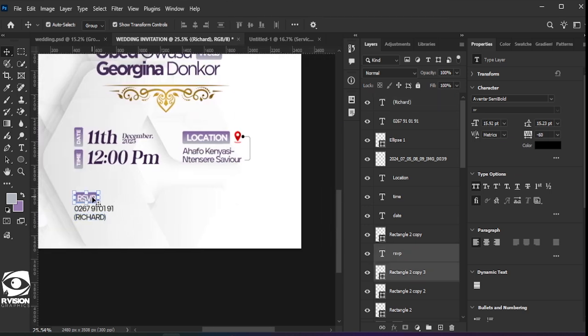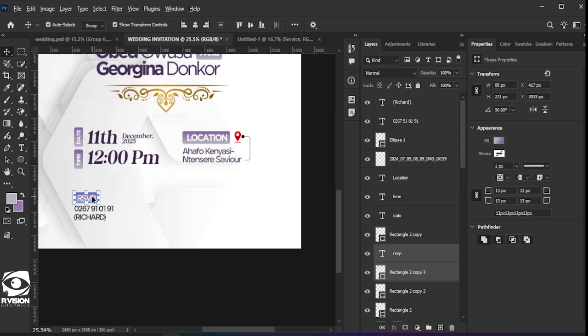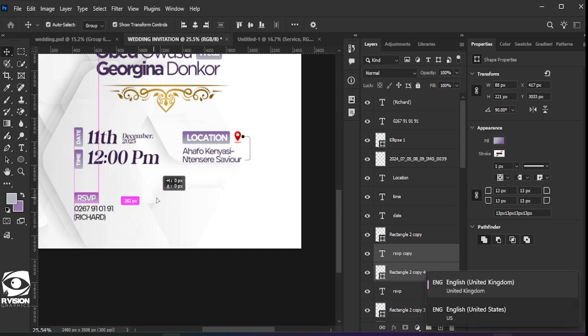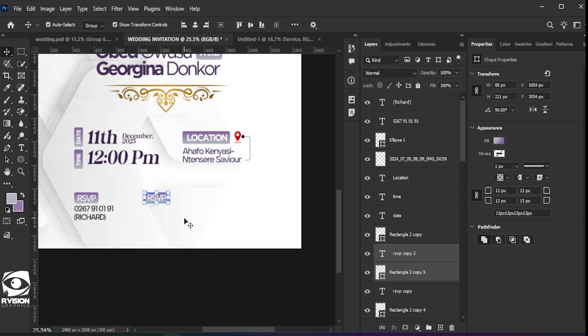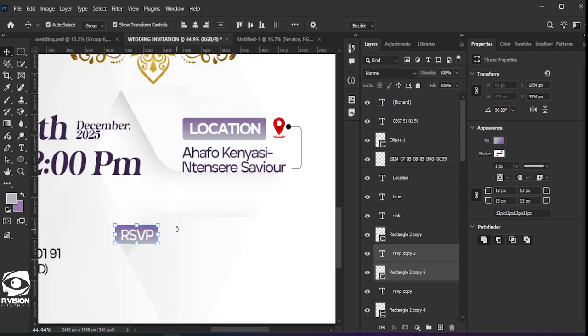So I select both of these. I press on Alt, the arrow changes, and I drag it. So once I'm dragging it and I want it to be straight as the RSVP, I hold on Shift as well. Still holding on Alt, I hold on Shift. So it comes in line with it. So I bring it somewhere like this. At least I bring it somewhere like this, and I'm going to